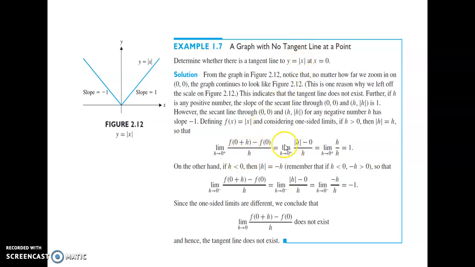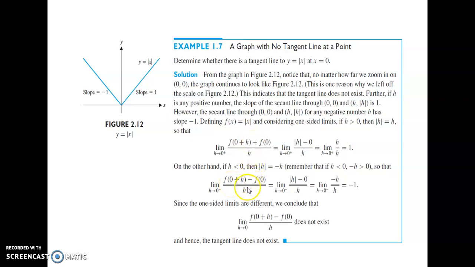So this I substitute, I get this. This value is, if h is positive, this is positive. So see that we have h upon h, the answer is 1. So if h is negative, so this is the right hand limit, and then I will find the left hand